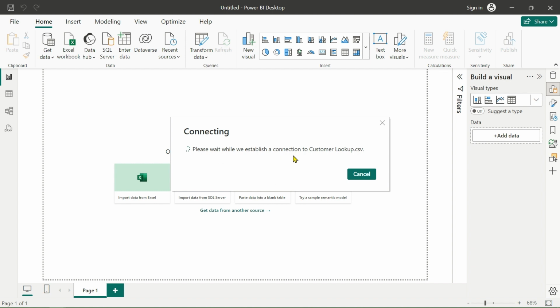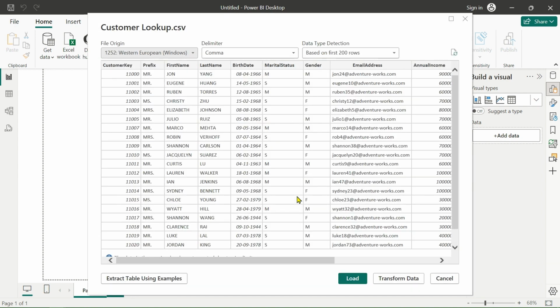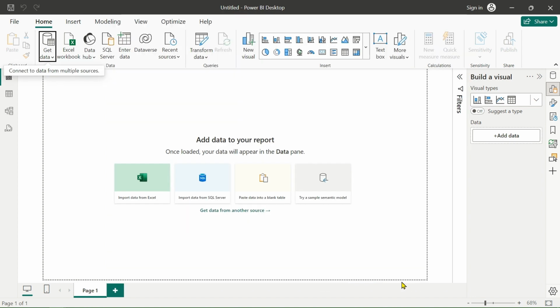We are creating a connection, and it takes some time while creating the connection. So our data is loaded. You can see it in comma separated form. On the basis of 200 rows, it will detect our data types as well as the headers. Simply click on Transform data, and you have to do nothing else. It will automatically navigate you to the Power Query editor.